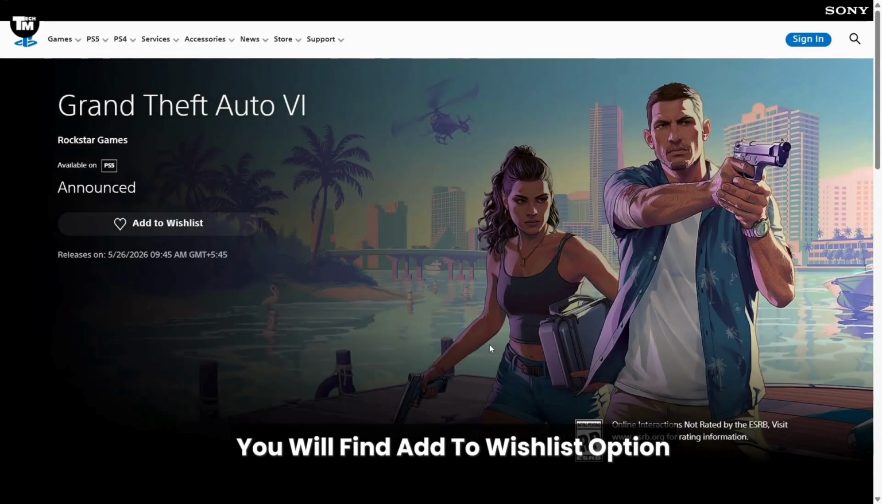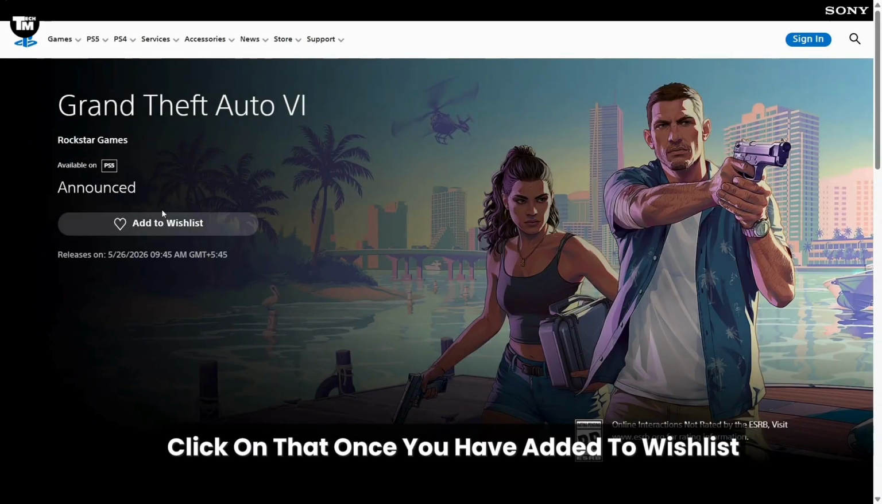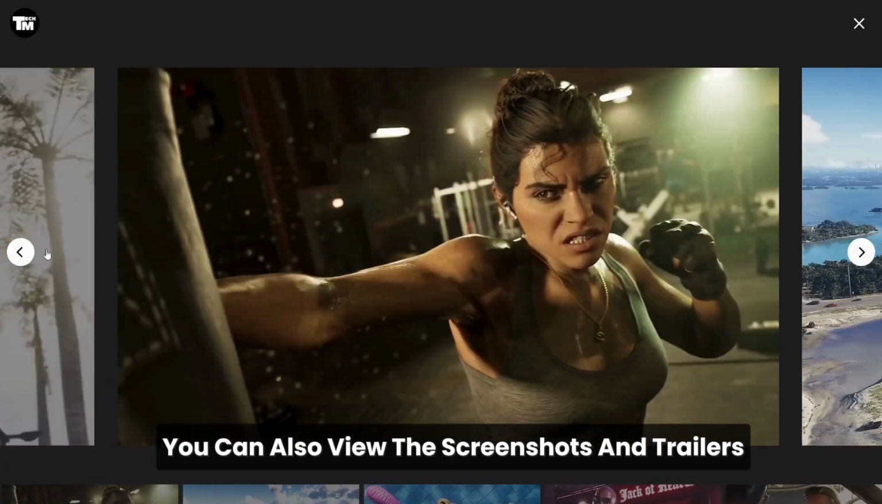On this page, you will find Add to Wishlist option. Click on that. Once you have added to wishlist, you can also view the screenshots and trailers, and that's it